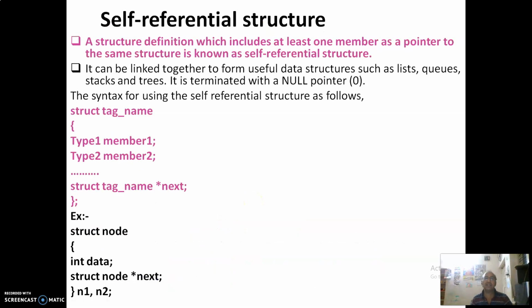Now the next one is self-referential structure. A structure which includes at least one member as a pointer to the same structure is known as a self-referential structure. See this syntax: struct tag_name, type